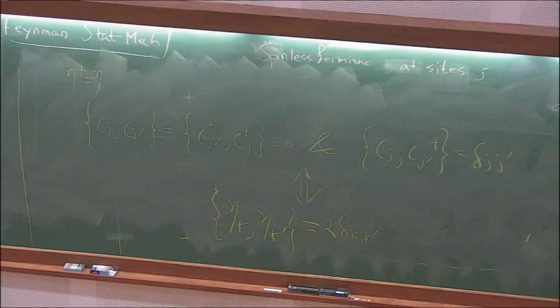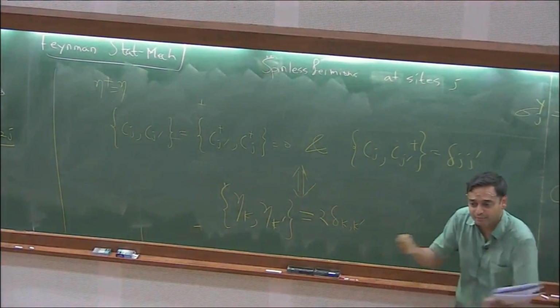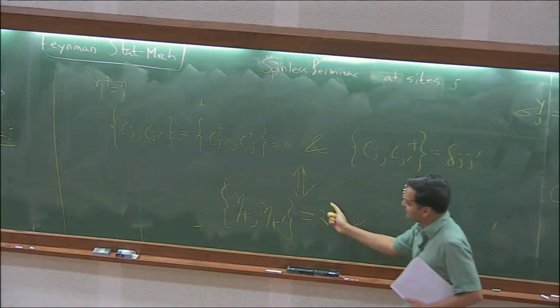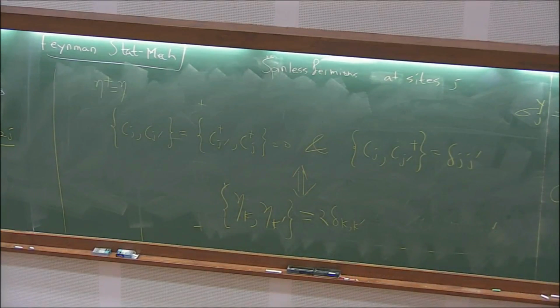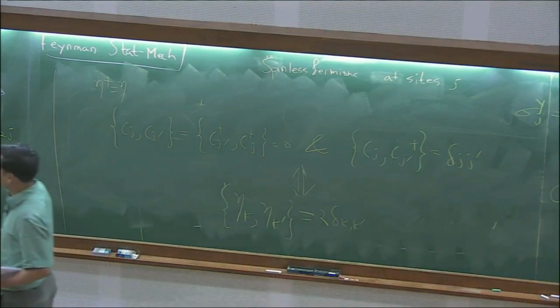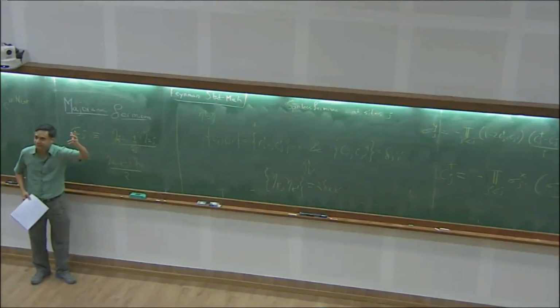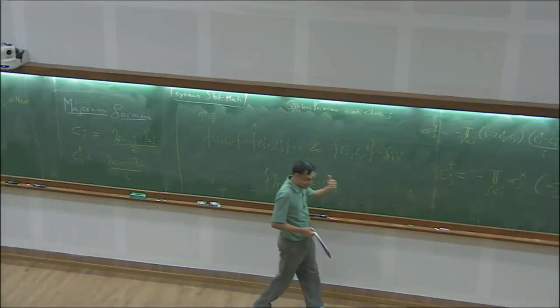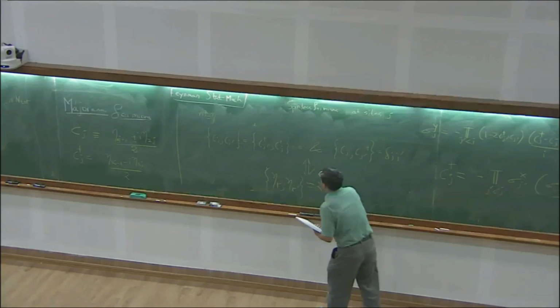Because squaring something and getting identity, we know how to do that. Pauli matrices do that. Right? But Pauli matrices don't anti-commute amongst each other. So you can think of these as anti-commuting versions of Pauli matrices. Okay? In a loose sort of way. And remember, we are always by definition going to have an even number of etas. Because we start with some bunch of orbitals, which are physical single particle orbitals, and then we are taking real and imaginary parts. There's always an even number. It in fact does not make sense to talk of an odd number of Majorana operators in a finite dimensional vector space. But we don't need all that.